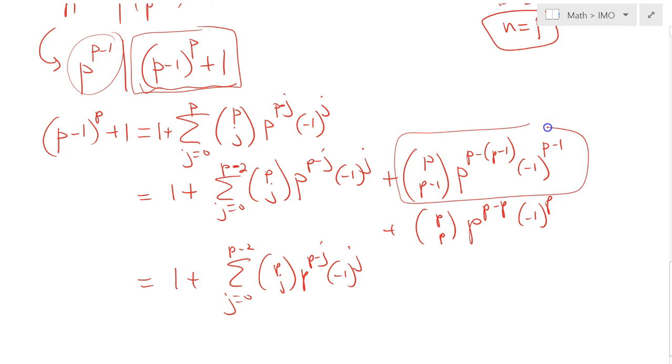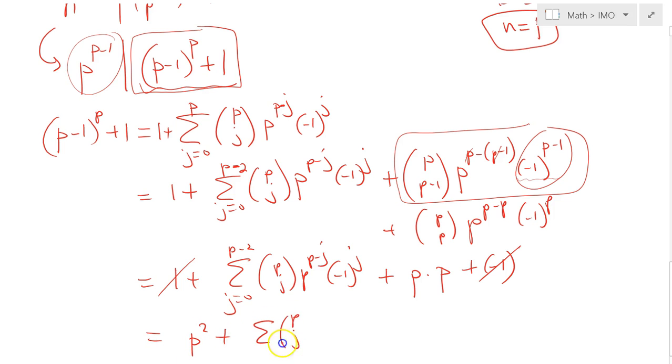Okay, so how about this guy here? So this is p choose 1, which is just p, times, so this guy here, p is an odd prime, so the power is even, so therefore this guy here is just 1. And now here this one is p minus p, so it vanishes, so you have a plus 1, so there's another p here. So p times p plus, so this one is a 1, p raised to the 0th power is 1, and then minus 1 raised to an odd power is minus 1. So the plus 1 and the minus 1 cancel out, and I have p squared plus this summation p choose j, p to the power p minus j, minus 1 to the power j, j equals from 0 to p